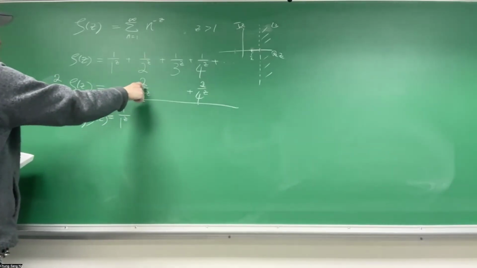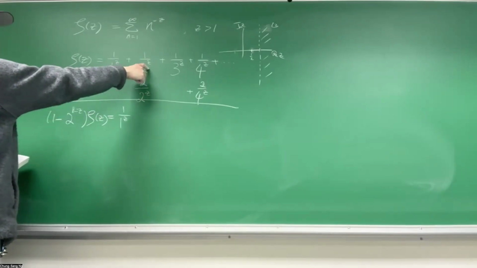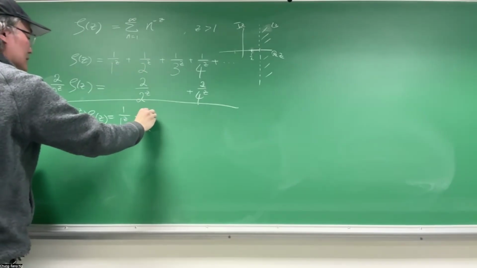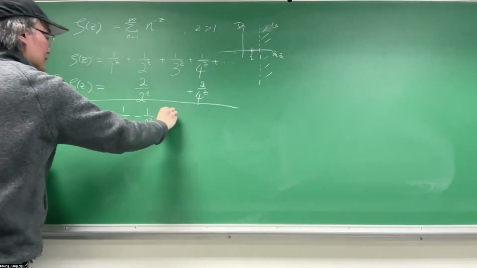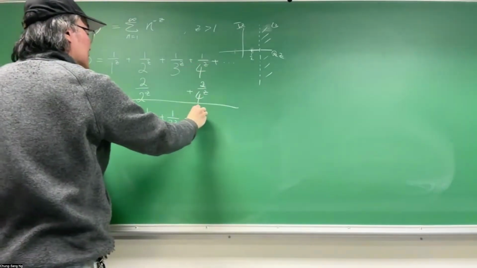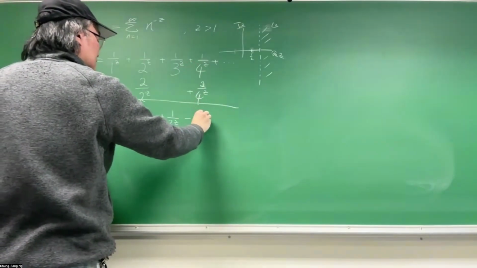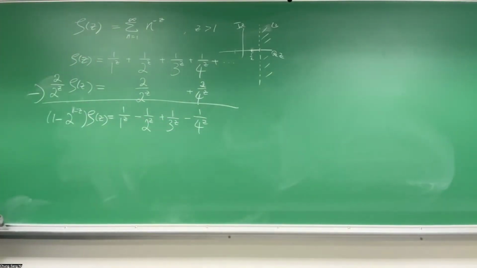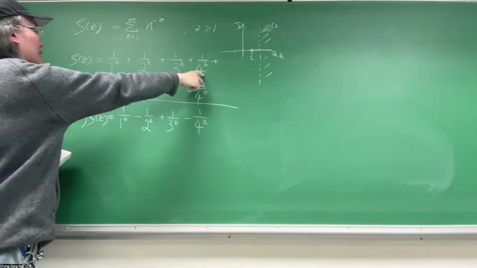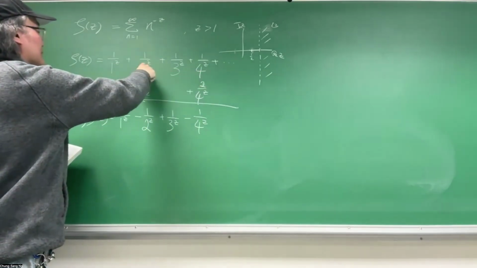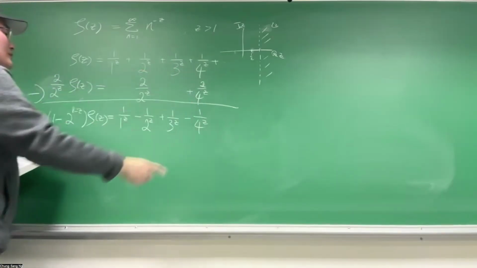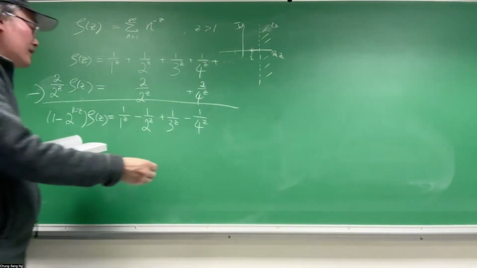And now this subtraction, because of this factor of 2, basically flips the sign of this term: minus 1 over 2 to the z, and keep this 1 over 3 to the z, and now this one is minus 1 over 4 to the z. Can you see that? So every time you subtract that, when n is even, all these terms are sign flipped. Okay,